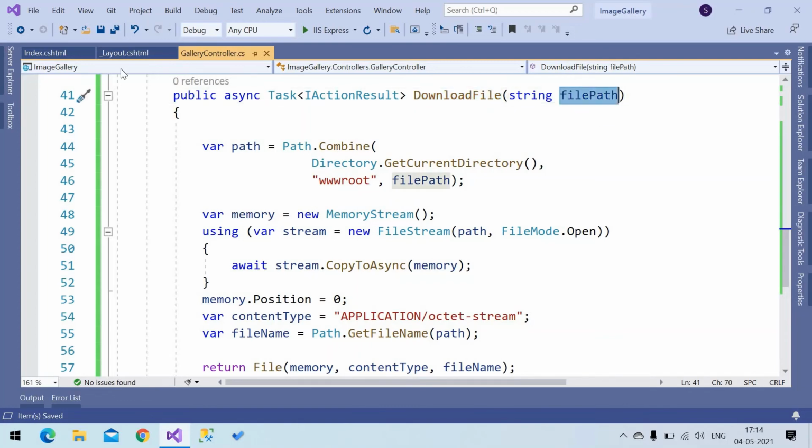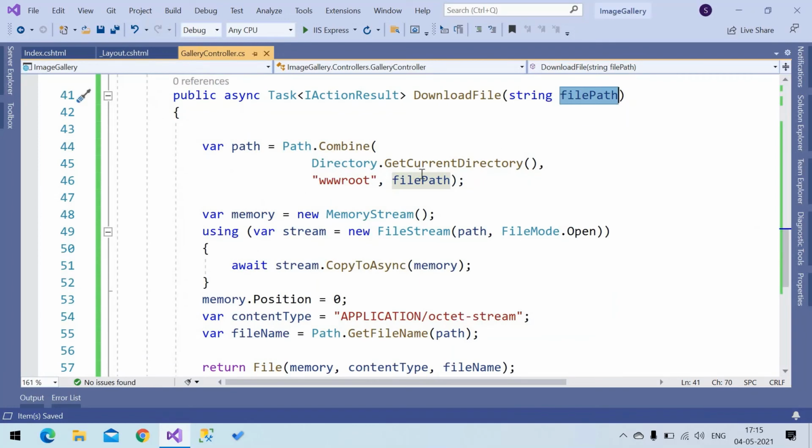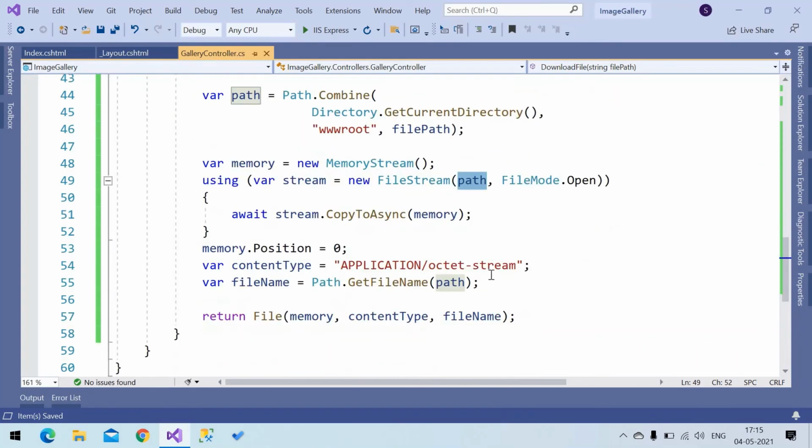This is the file path I'm going to receive from the query string. Here I'll get that path and map it with the www root. Once we have a path, we prepare a stream of that, set the content type as a stream, and return the file.